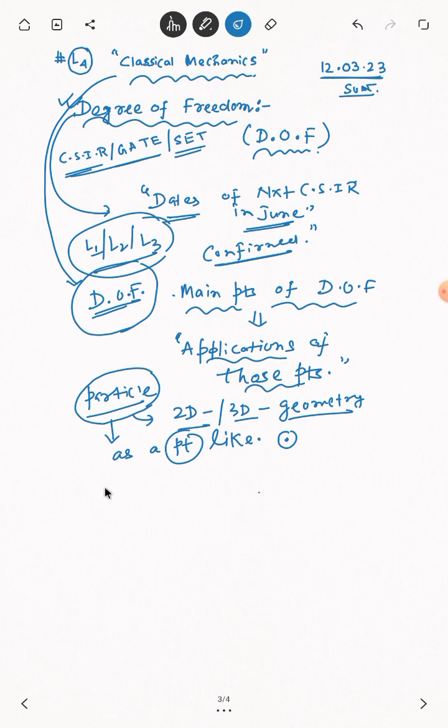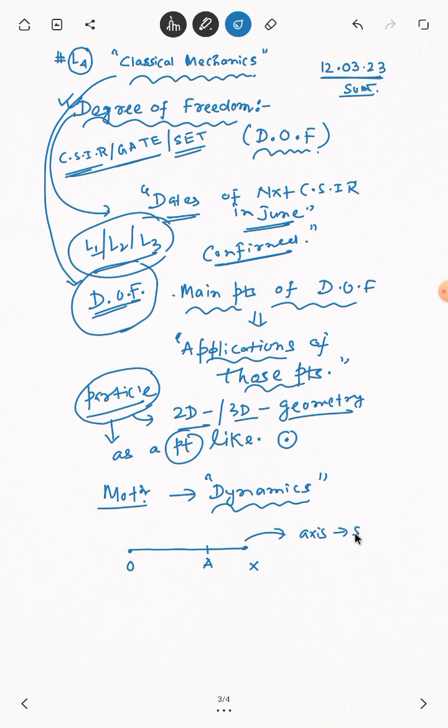Now the question comes in mechanics that whenever there is motion the part will be related to dynamics. Motion always dynamics কে relate করে দেয়। So whenever we have motion of a particle along a particular straight line, just think of one thing. Say OX is our axis and this axis is single axis, একটাই অক্ষ দেখতে পাচ্ছি। So when a particle starts from O and finally comes at A along that particular axis,